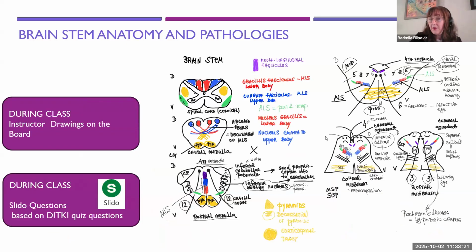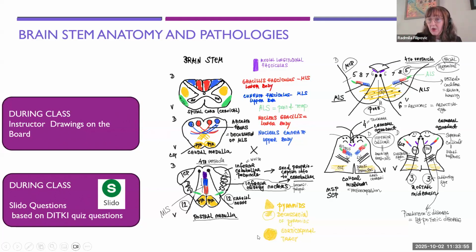For example, similar images which are in Draw It to Know It, I color code and then show the motor system in yellow, then the MLS, which is touch and proprioception, I show in red, for the upper body, the cuneate fasciculus, touch and proprioception, in blue, and the ALS, which is pain and temperature, in green. I combine Draw It to Know It with my own way of teaching,